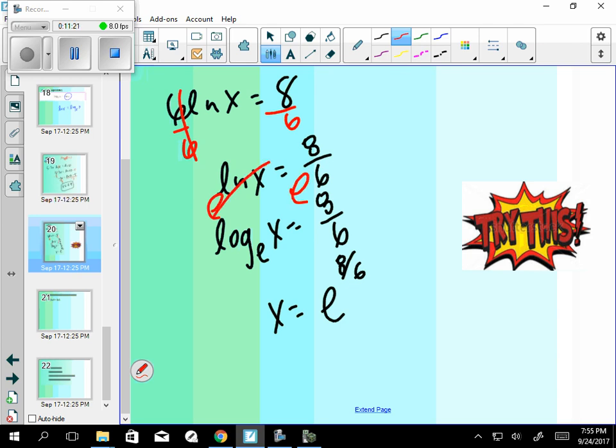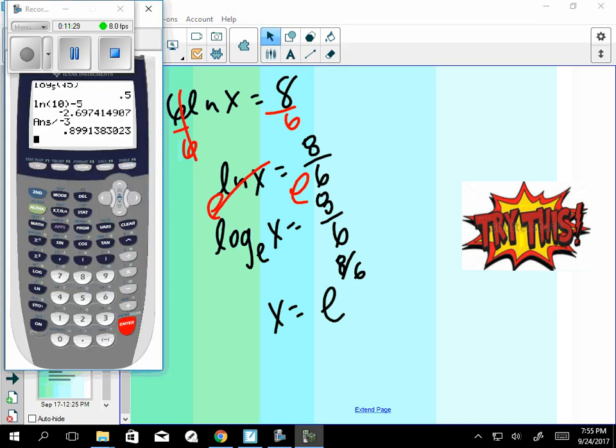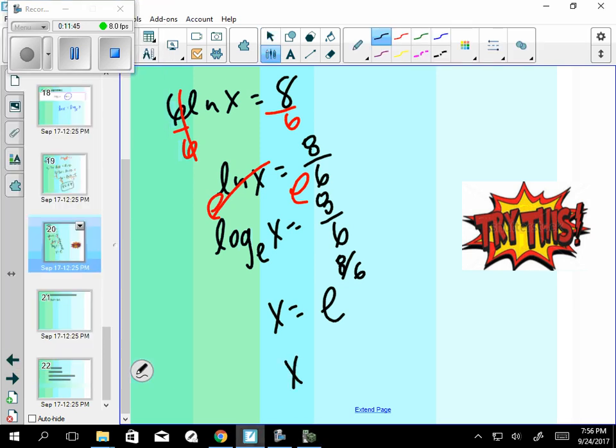E. E undoes ln. And so now you just plug that in your calculator to see what the answer is. Your e button is again right by the ln button. So if we hit second natural log, type in 8/6 or 4/3. We got our answer here, about 3.8. So x is